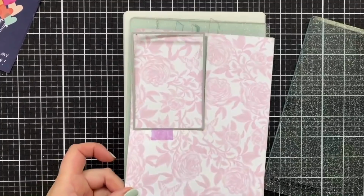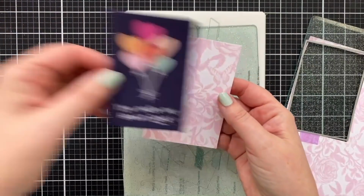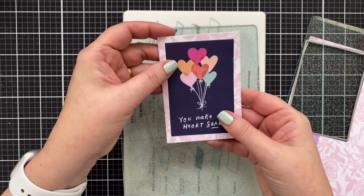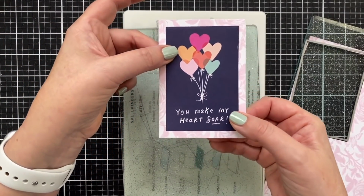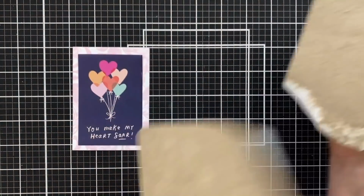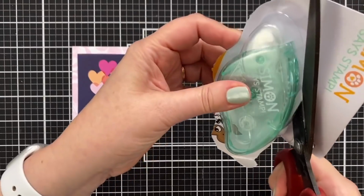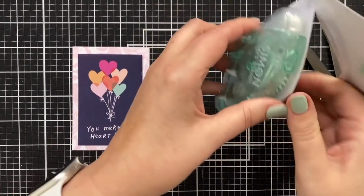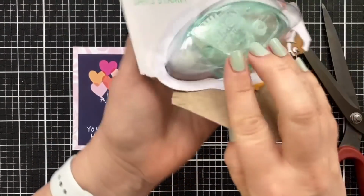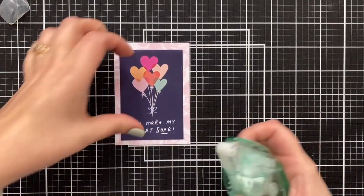That's a loud one. Now I have a beautiful matte layer that is going to be a perfect fit for that panel. All right, I'm going to open my dot runner here. I just cut right close to the edge of the plastic, and that helps me to get them open very quickly, like that. So now, got my dot runner, and I'm just going to add the dot runner to the